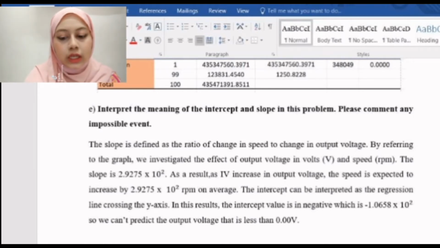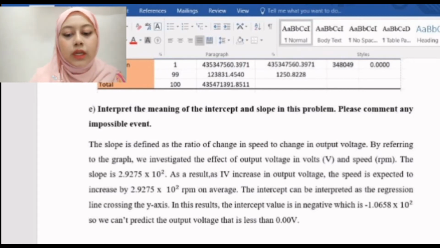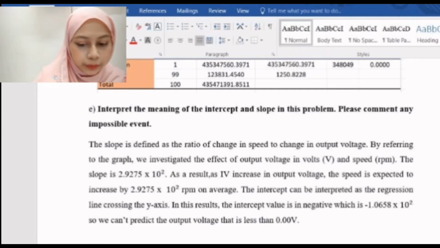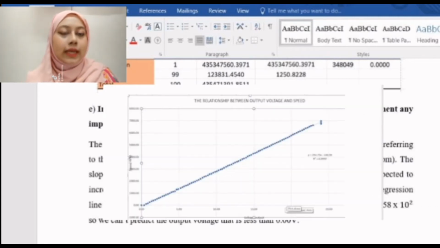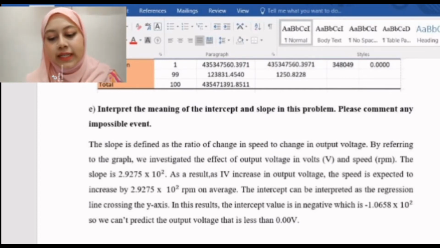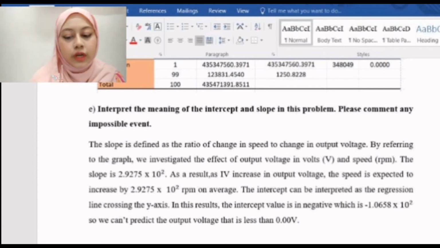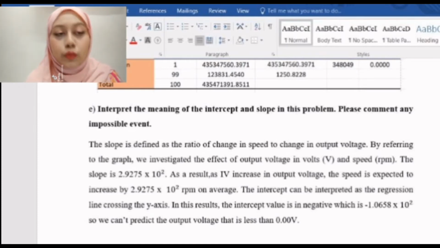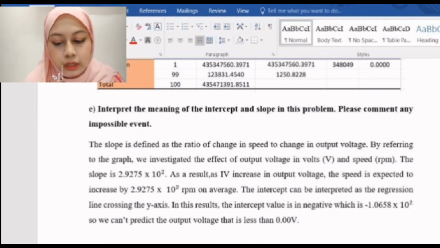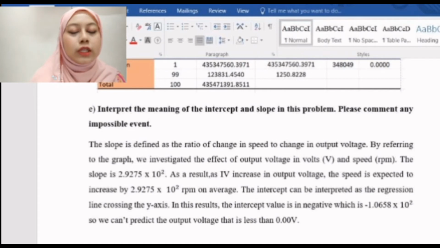So today for my part, I'll need to present questions E and F. Question E needs me to interpret the meaning of the intercept and slope in this problem. Before that, I'll show you the scatter diagram of our group. So the slope is defined as the ratio of change in speed to change in output voltage. To solve the question, we need to find out the effect of output voltage, which is in volts, and the speed, which is in RPM. So the slope obtained is